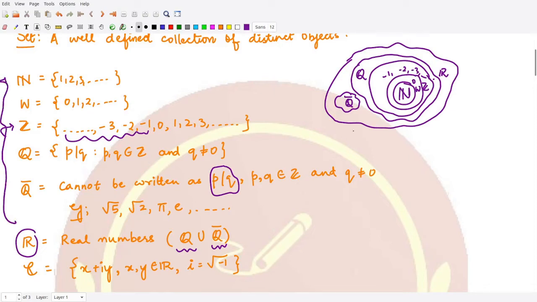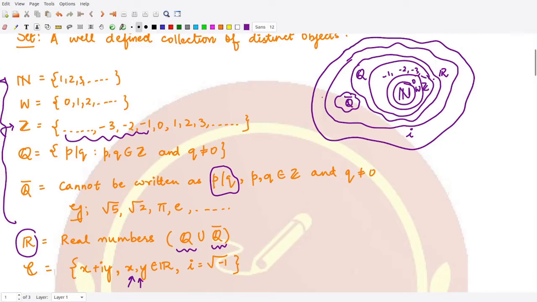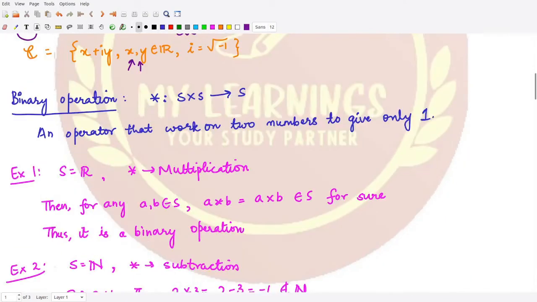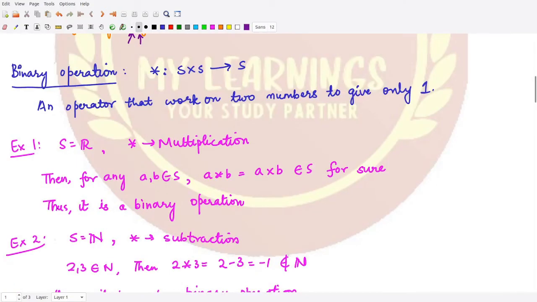And then we have the set of complex numbers, where we have the number iota, which is the square root of -1, right? So we have all the numbers x and y, taken from the real numbers, which are represented in this way, x plus iota y. Together they form the set of complex numbers. So this is our number system, and these are the standard sets that we already know, which occur mathematically, right? With this knowledge of sets, we may define the next thing, the binary operation.